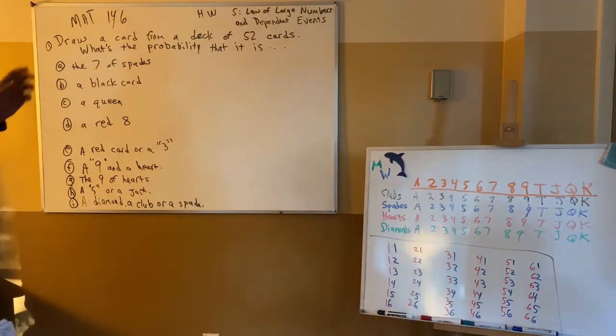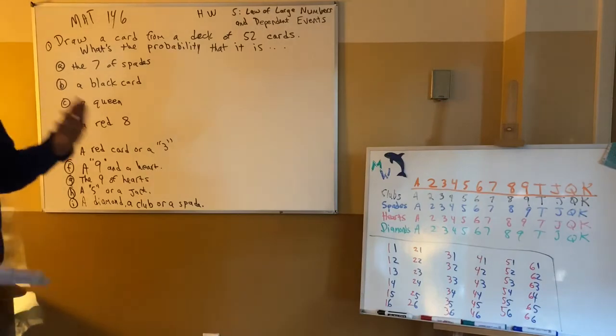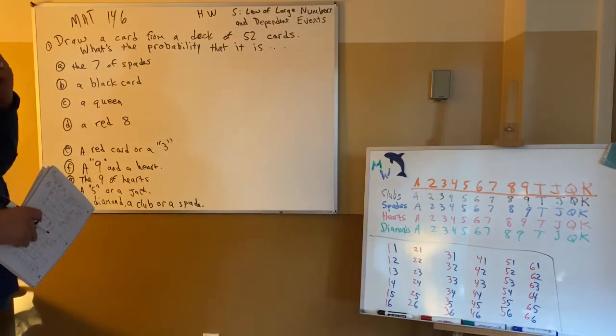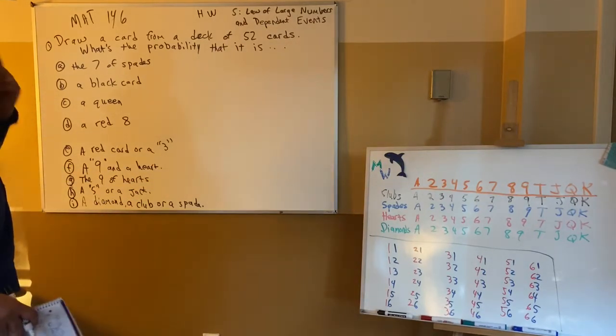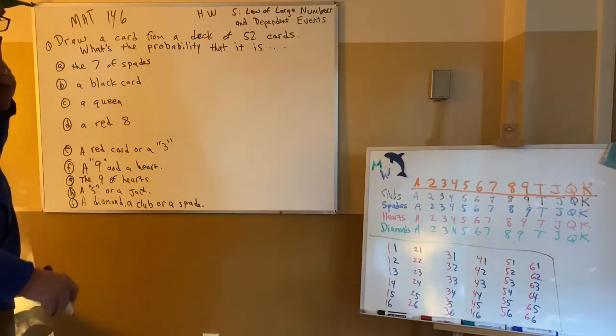We're looking at a problem here in homework 5, which involves mainly dependent events, but also has some independent events. We want to find some probabilities using addition. Now we've expanded our abilities to find some probabilities. Find the probability that when you go through this deck of 52 cards,